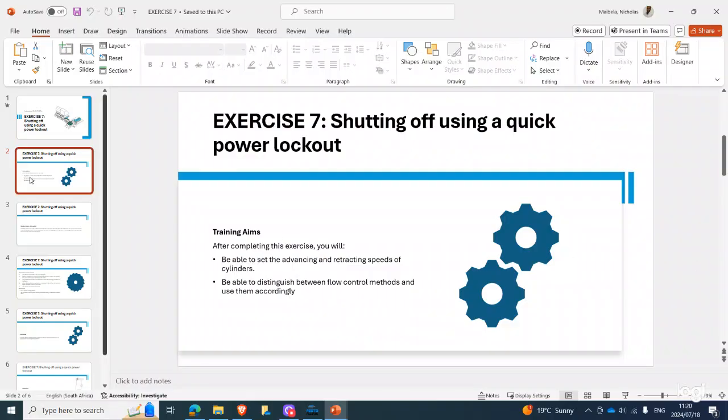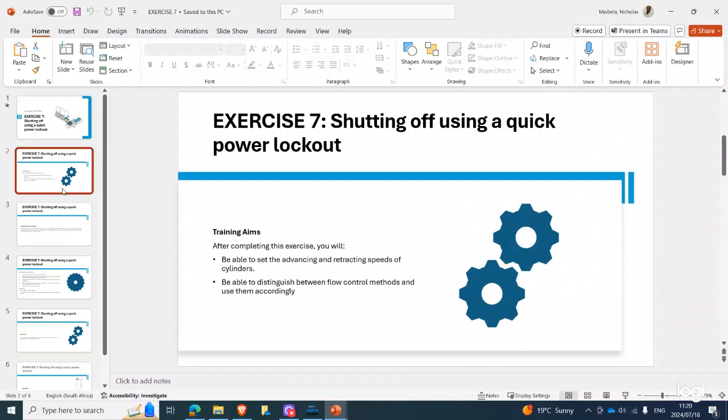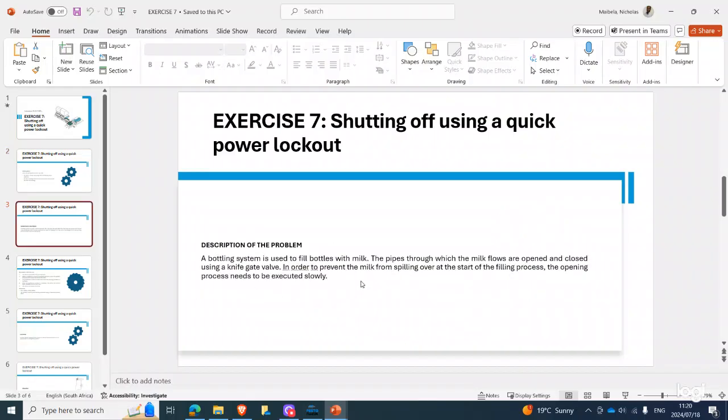So in exercise number 7, we are shutting off using a quick power lockout, right? So these are the training objectives of the exercise. You should be able to set the advancing and retracting speeds of cylinders, right? And then you should also be able to distinguish between flow control methods and use them accordingly, right? So now,